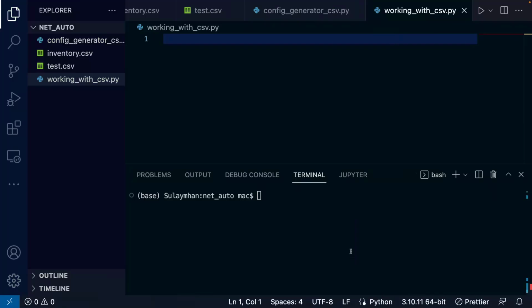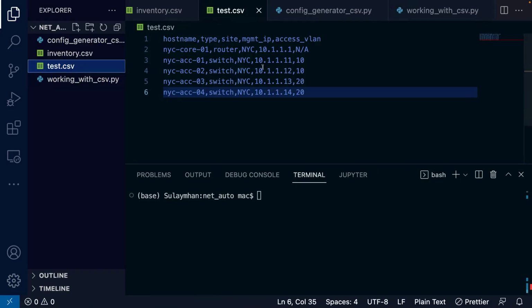So I expect you have Python installed on your terminal. Currently, I'm using VS Code as my IDE to work with. So let's take a step backward with the CSV file. I have a test CSV file here, which has hostname, type as the header, site, the management IP, and access VLAN. So we have the hostname. The router doesn't have an access VLAN. So today,